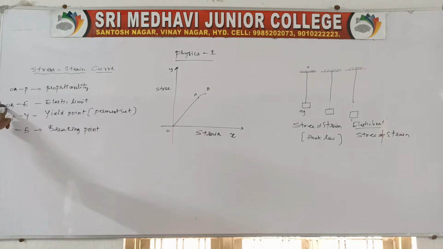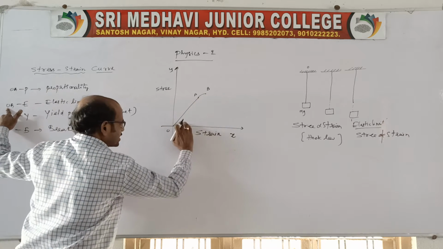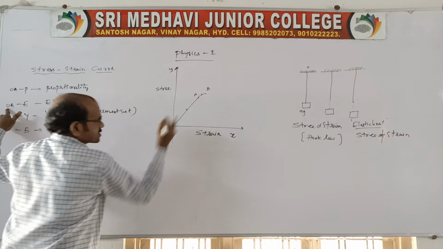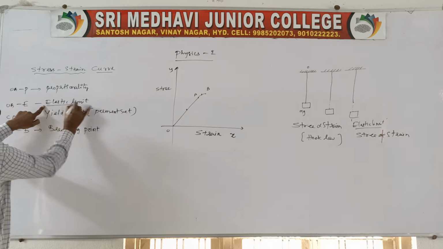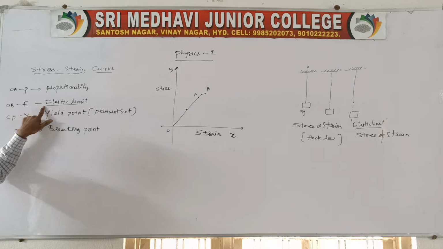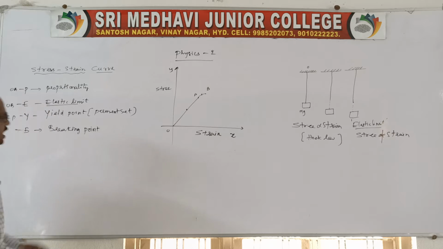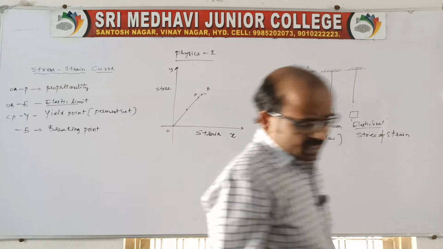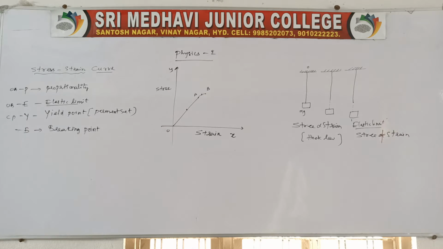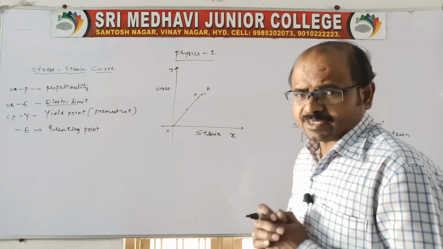The point we can call OB, because again it regains its original size and shape, which traces back like this. So OB we can call the elastic limit. Is it okay? Now come to another point, the yield point. Sir, what will be the yield? Of course, yield is the same; we can say some more load is added.